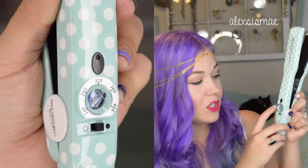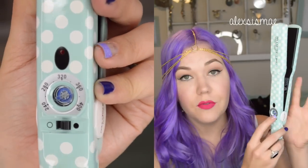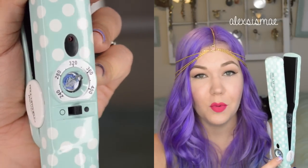So I love my Paul Mitchell flat iron. I think it's really great. I think it's amazing quality. I've never had any problems with it. It has a super easy off and on switch, and you can change the temperature from 240 to 400 degrees. That's super important for when you are flat ironing your hair, because most girls like to flat iron their hair